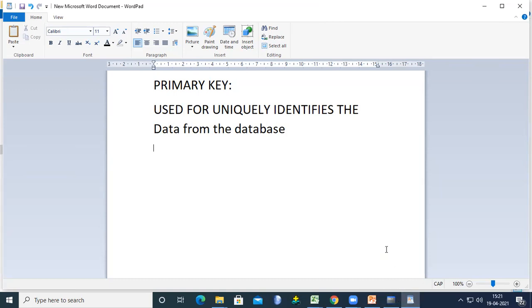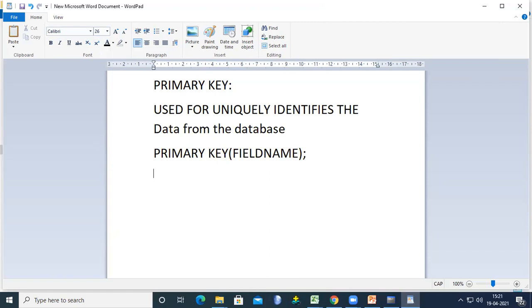Here we can directly write like this: primary key of field name. If you give it like this, then it will create the primary key.